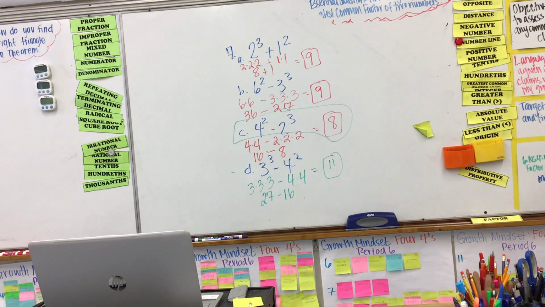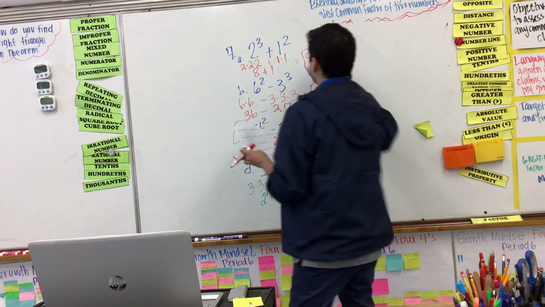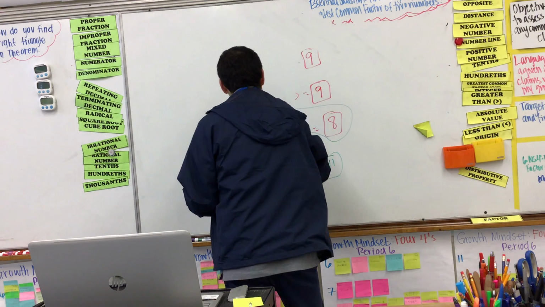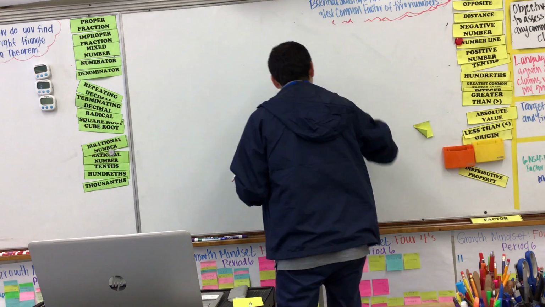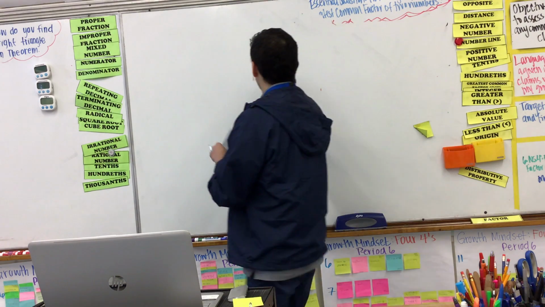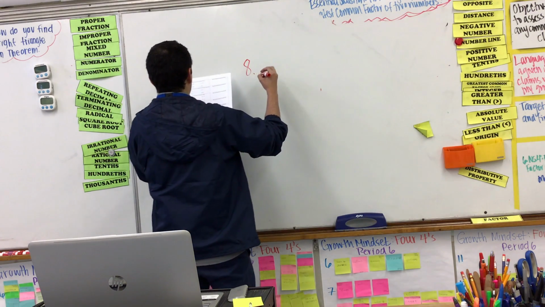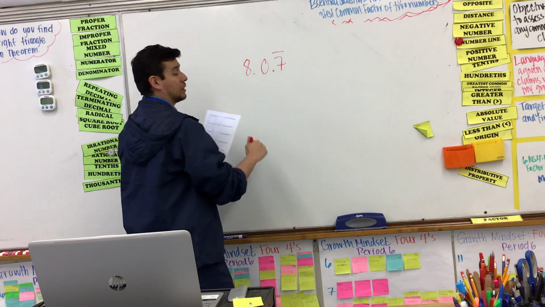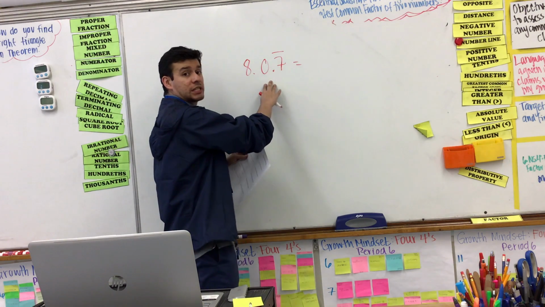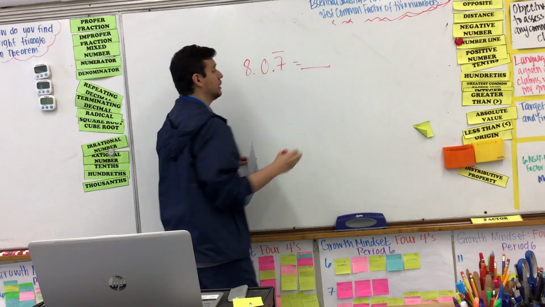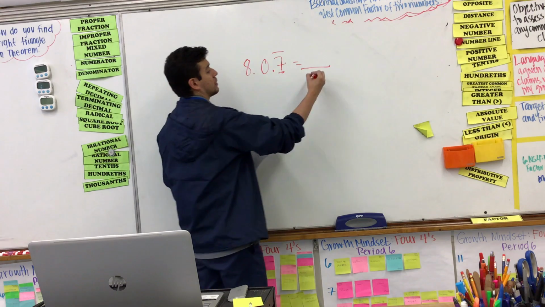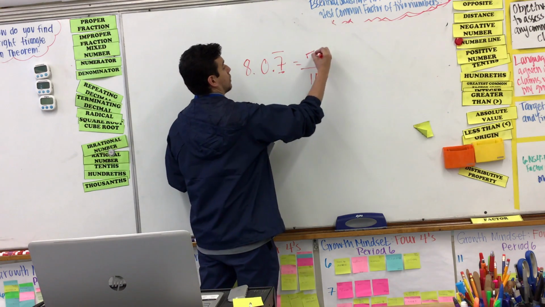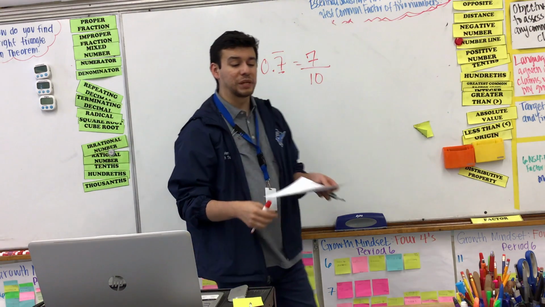Okay, let's go ahead and do number 8. Number 8 was on your diagnostic a while back. It says, convert this repeating decimal into a fraction. Well, first of all, we know that this one is rational. This is in the tenths place, so that's going to be 10. 7 goes here. But since it is repeating,